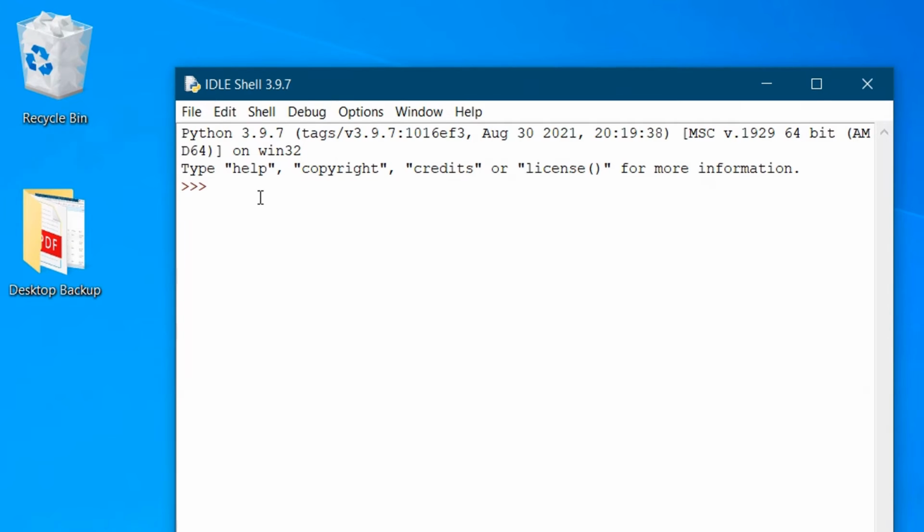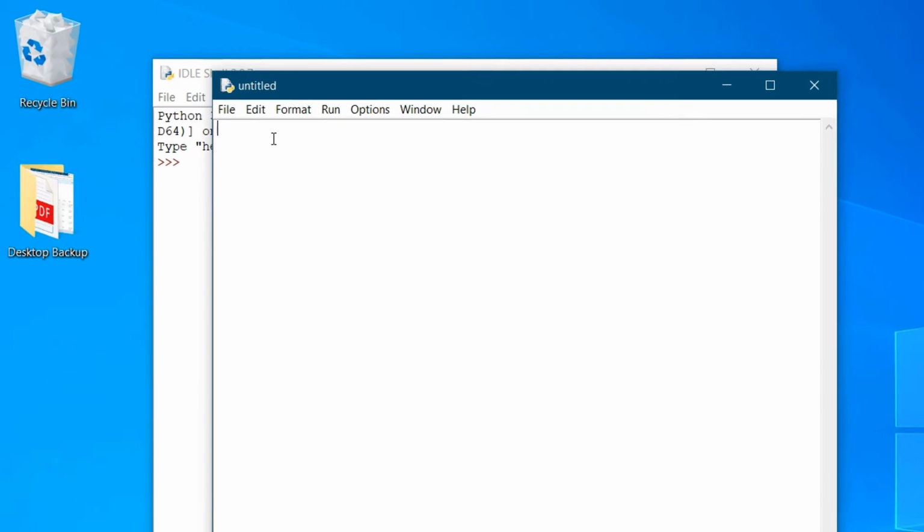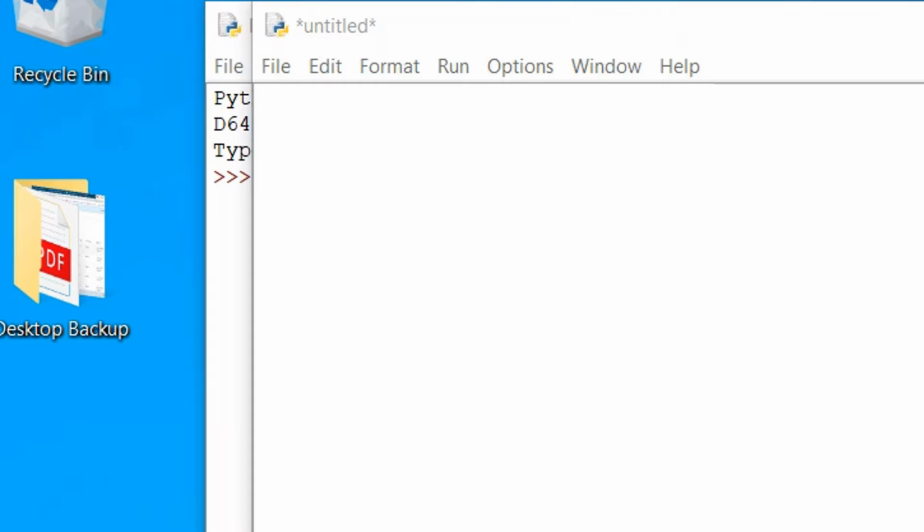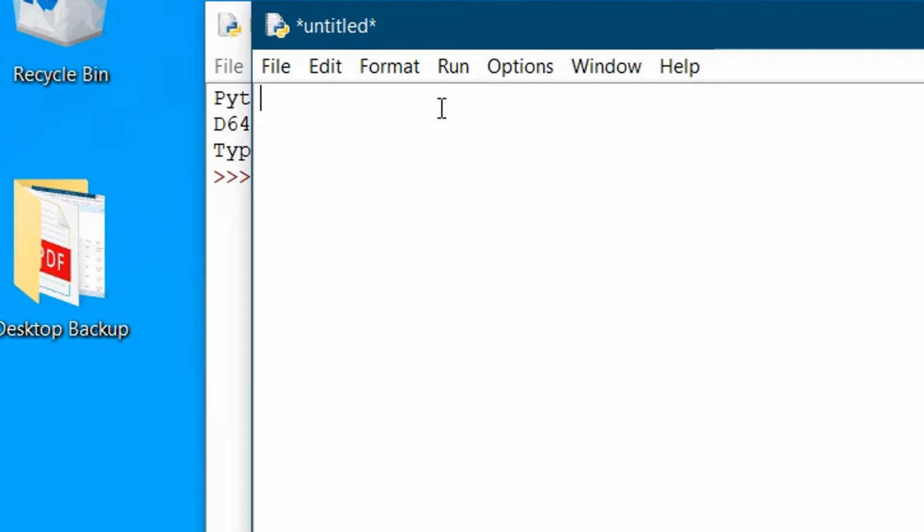Now I am going to write a Python program by opening a new document, File, New File. In this page I am going to write the Python program. First I will import MySQL database into Python by giving the import statement. Import space mysql.connector. The Python import statement lets you import a module into your code, and this mysql.connector enables Python programs to access MySQL database using an API. So this imports MySQL database connection.